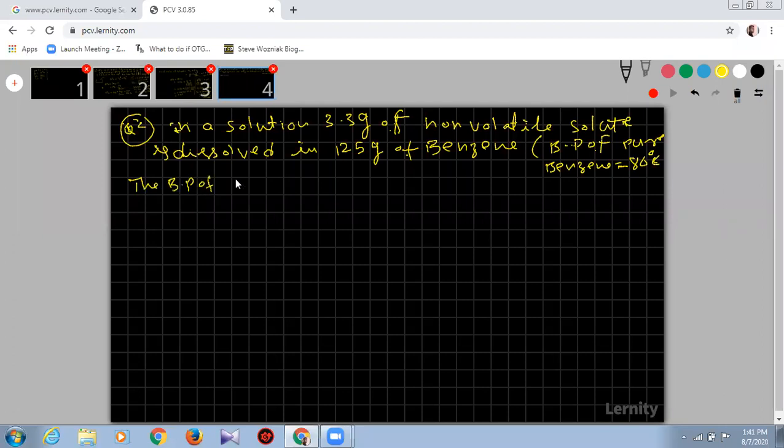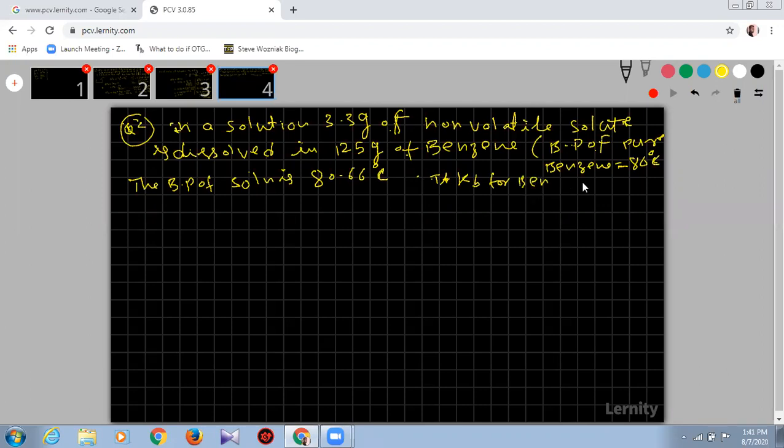The boiling point of the solution is 80.66 degree centigrade. If Kb for benzene,